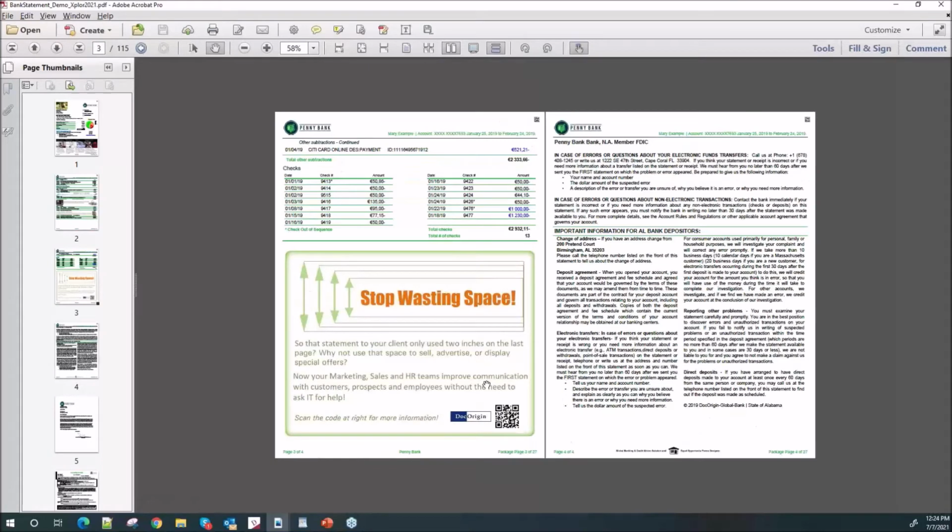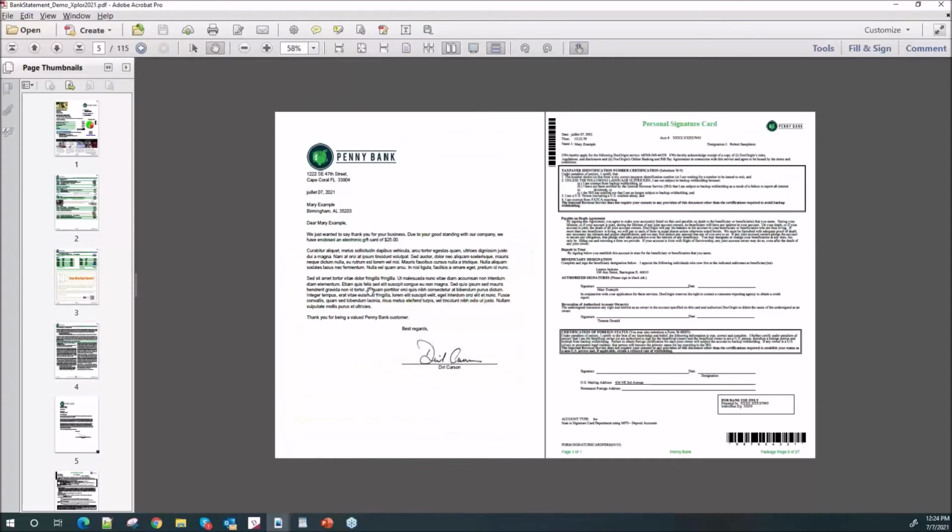And then this is what we call our last white space, not to leave that empty. Take advantage of it if toner is cheap. And then here is my letter that I have, Penny Bank here, and we have a hard-coded signature. Actually, I'm not a hard-coded signature. I think this one is using a fragment or a lookup.